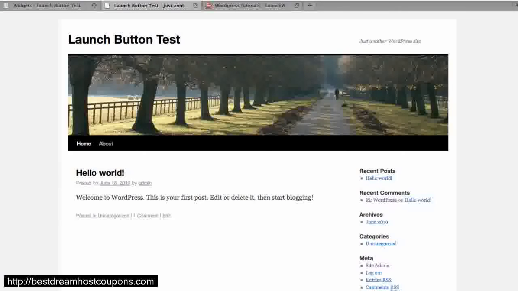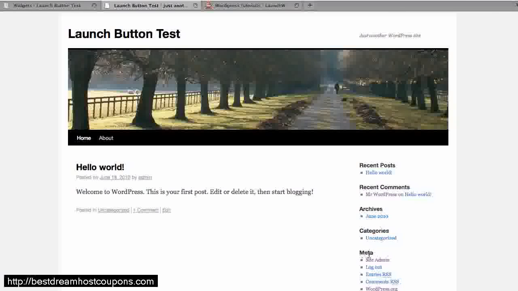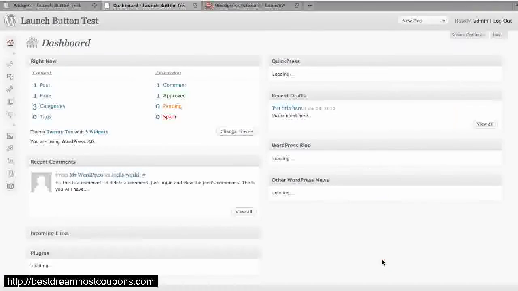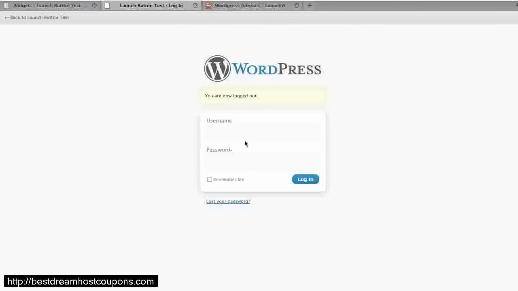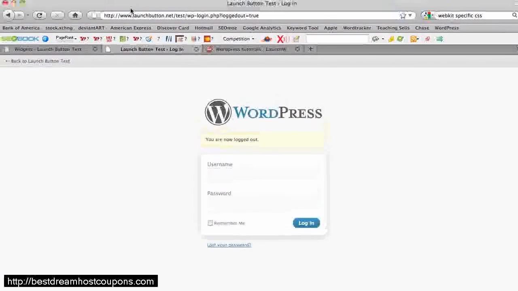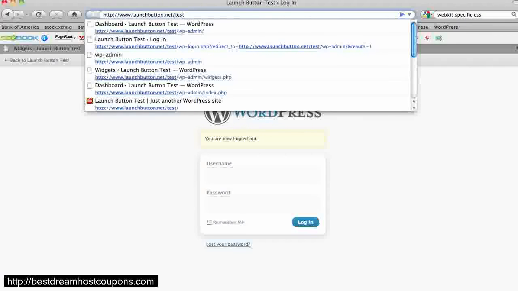Accessing the admin area of your site is easy. You can just go down to where it says Meta in the sidebar here and click on Site Admin. And then I'm already logged in, but it'll actually show you this WordPress login screen, and you just enter your username and password that you created when you set up WordPress, and then you'll get into the admin area. And the other way to do that is to actually go to the location of your WordPress install, which in my case is launchbutton.net/test,